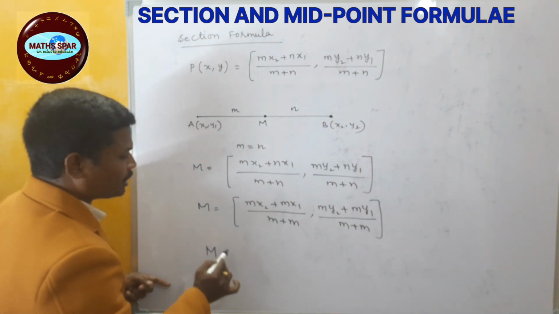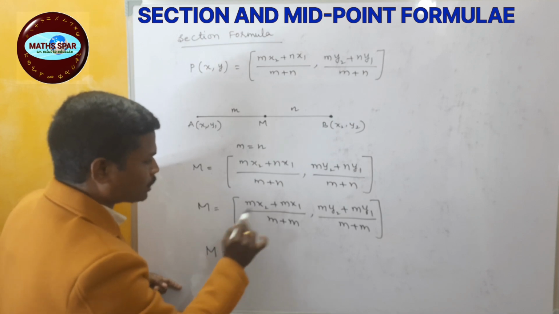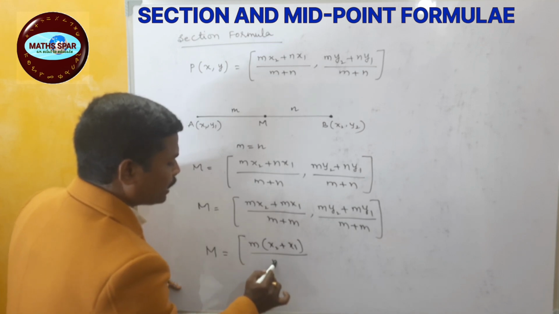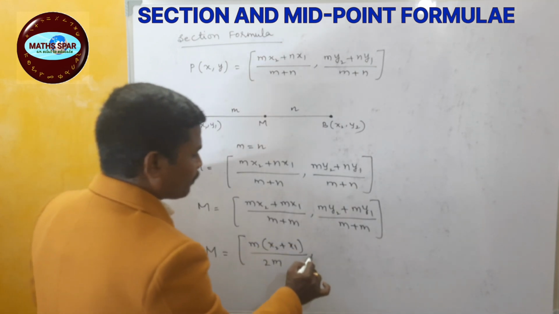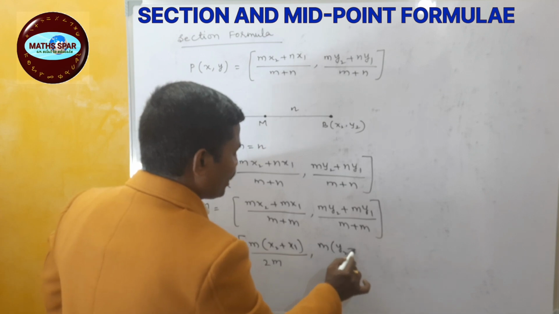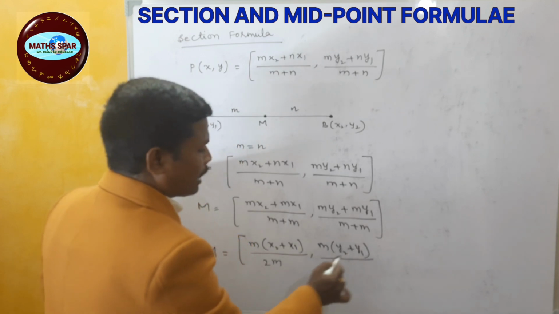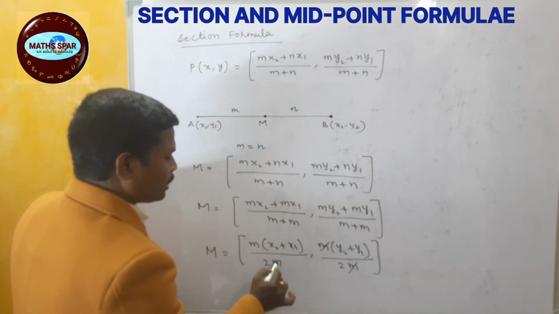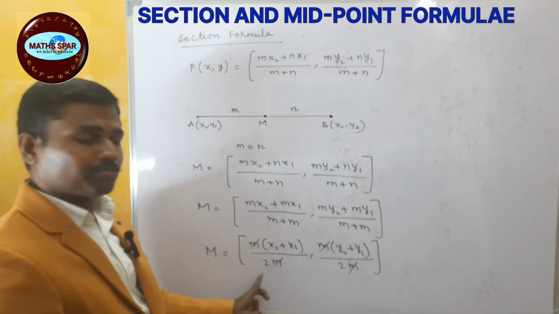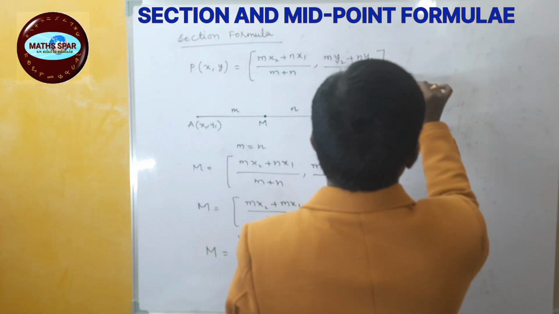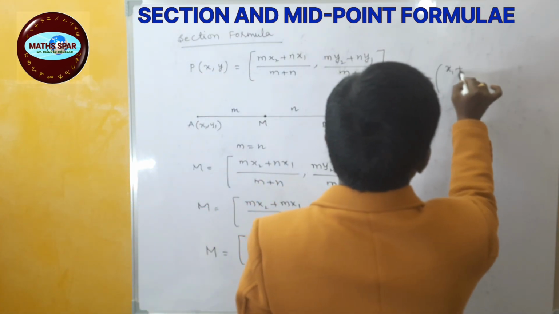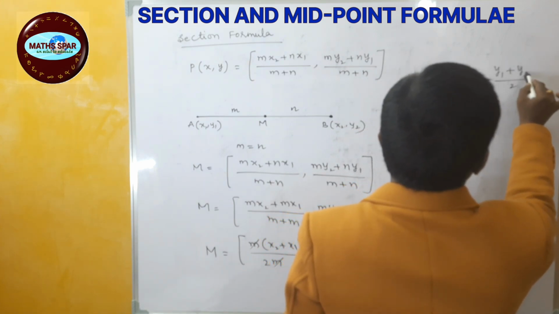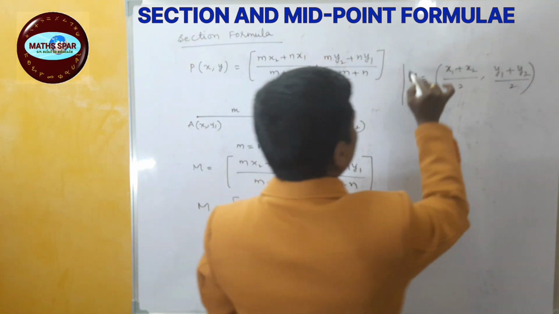Now m is common in the numerator. So x2 plus x1 is inside. Then m plus m is 2m. Then m is common, y2 plus y1 is remaining in the bracket, then m plus m is 2m. Now m in the numerator and denominator will get cancelled for both the coordinates. Then the midpoint is x1 plus x2 by 2, comma y1 plus y2 by 2,